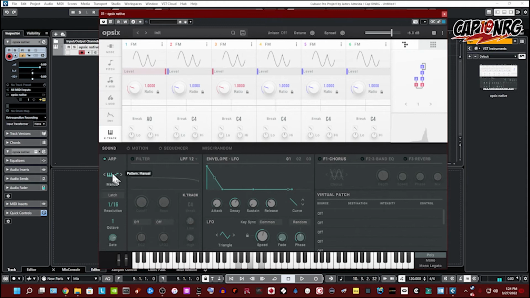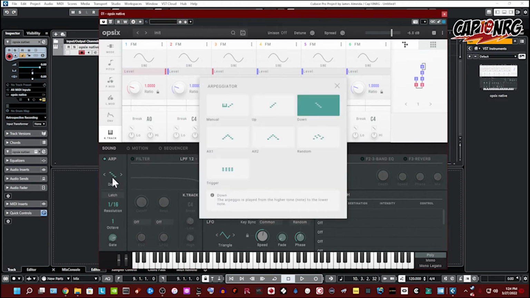If I click this picture of the arpeggiator, right now it's on manual. That means whatever notes I play, whatever order I play them in, will be the arpeggio that it plays. If I use the arrows, I can tab through them, or I can click the picture like usual, and it will show me the 7 kinds of arpeggio that are available to me. There's manual, up, down. This is an alternate, which just does up and down. And then this one does up and down, playing the highest note and the lowest note twice. That's what's up. So basically,